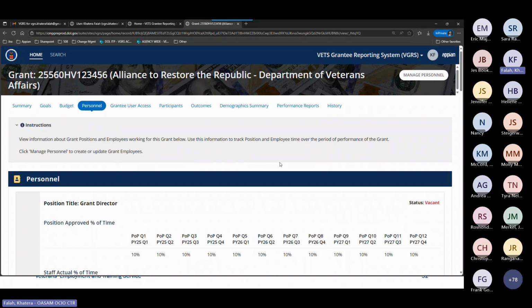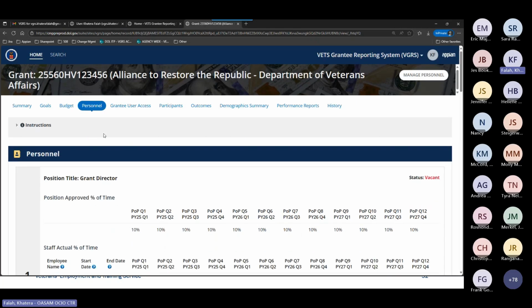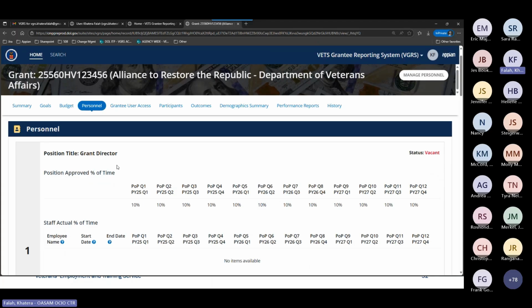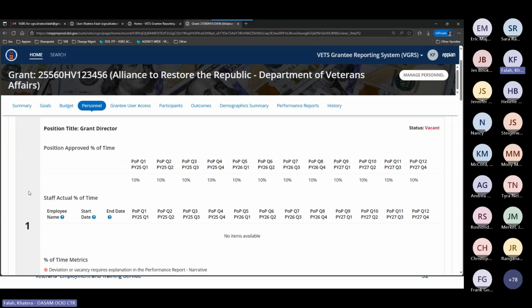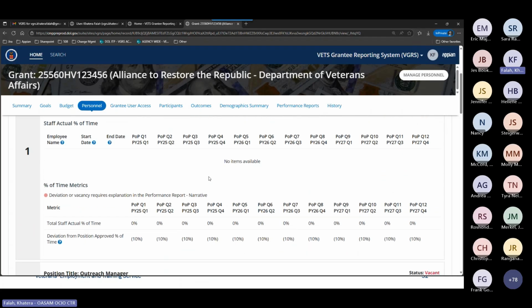As a grantee staff user, I do have the related action of manage personnel, as you can see here. We do have our instructions. I can hide those if I want. I can come down, and in our personnel section, we have, I guess you could say, a section for each position. So we have number 1 for our grant director position. And at this time, because this is a new grant, it is vacant. Yesterday, you may recall, I had people in here. We're going to go and input people ourselves because it's supposed to be a first year grant. It didn't make sense for me to have data in already when we're going in to manage it. So I went and deleted all those people. But you can see